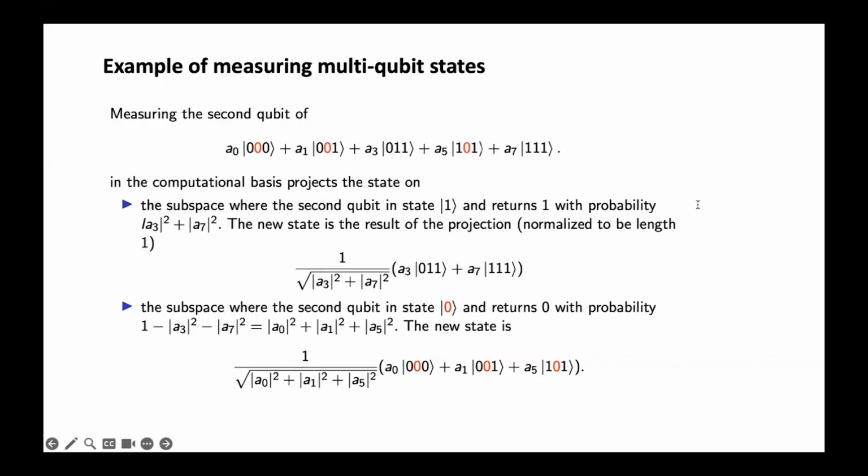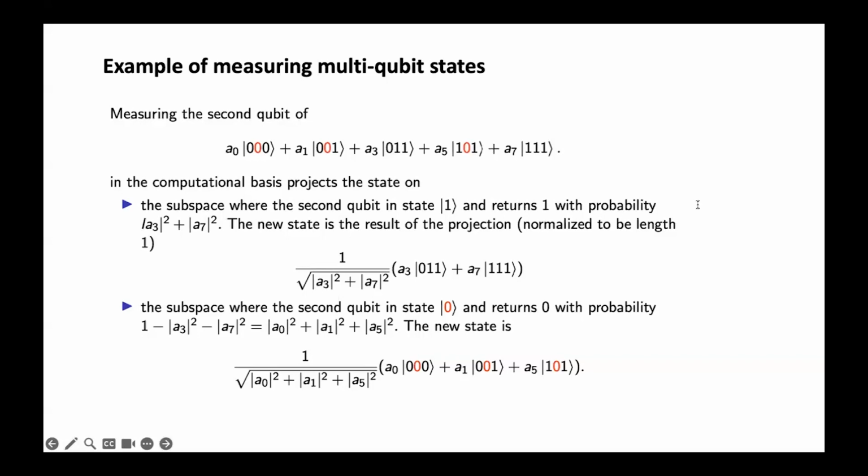Okay, if you are in this case where the second qubit is in the state 1, then the subspace where the second qubit is in state 1 returns 1 with probability A3 squared plus